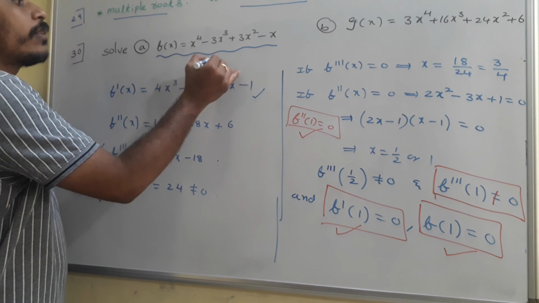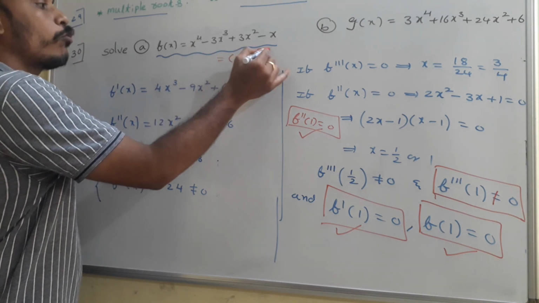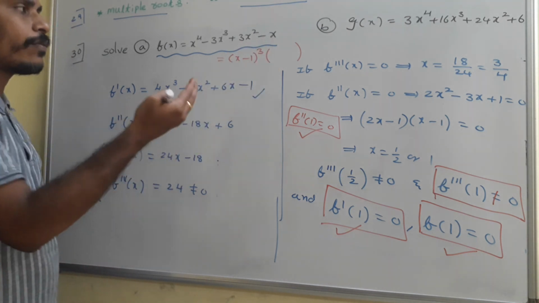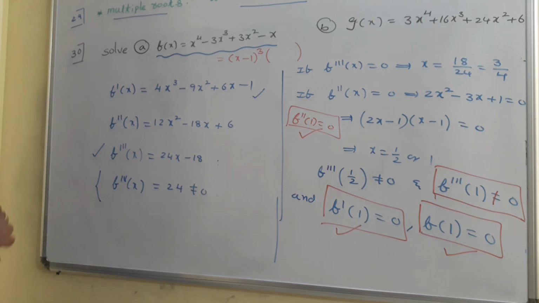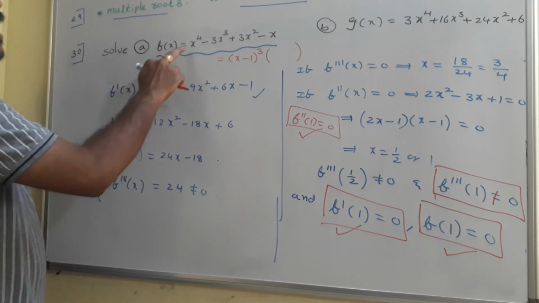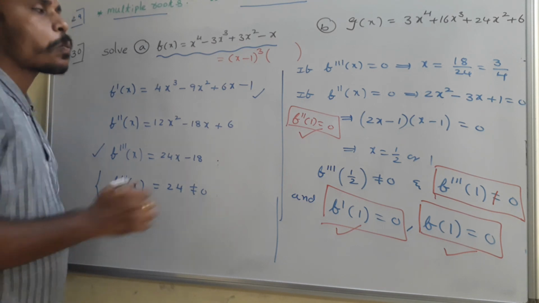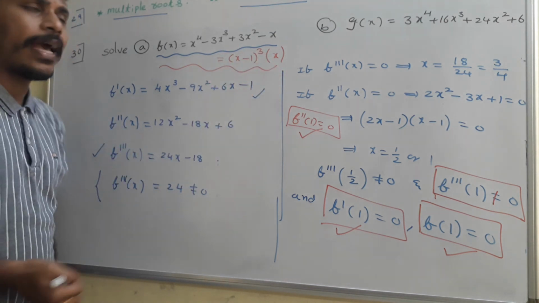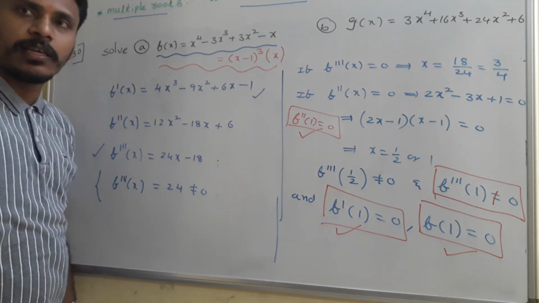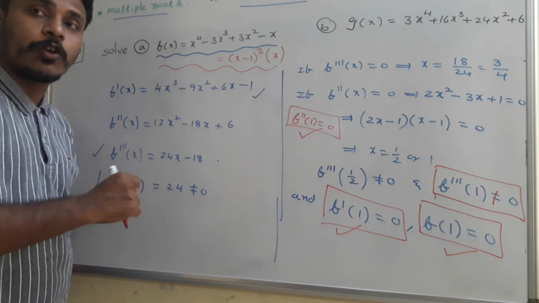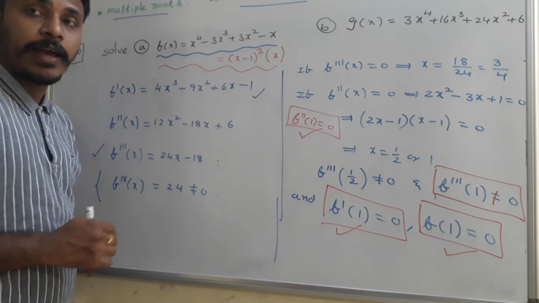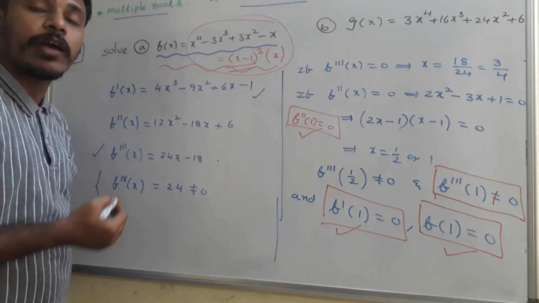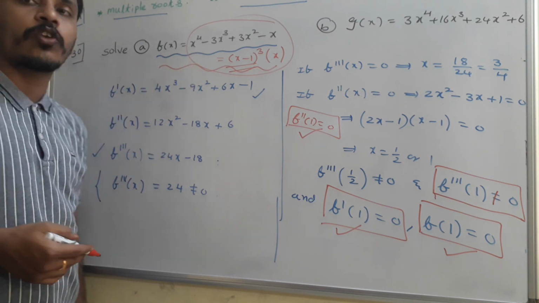So we say that this is equal to x minus 1 whole cube into some other factor. And finding that other factor is a bit easy because we have the sum of the roots and product of roots concept, right? Okay, yeah. See, we have a chance to take x common from all these terms, right? So x into x minus 1 whole cube is actually the given polynomial. Actually, when you take x out from this, you will identify that x minus 1 whole cube is the remaining factor. So by algebraic results and by the formula of x minus 1 whole cube, we are very clear that this is x into x minus 1 whole cube.